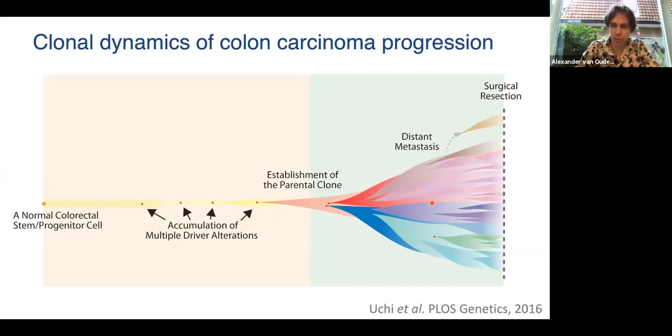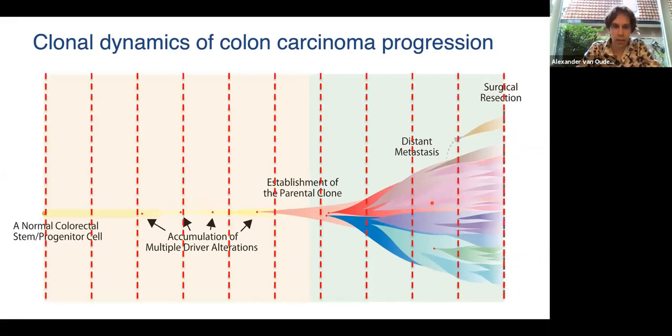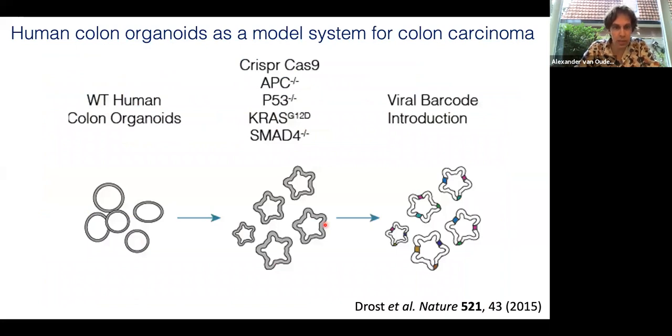So in an ideal experiment, you would like to sample this whole process at regular intervals, from the early point of the initiation of the tumor until the end of the life of the tumor. Of course, in a clinical setting, this is very difficult. So what we do is the next best thing, and we use an in vitro system based on organoids. So organoids are basically cells that form a structure that resembles an organ, but can be grown outside the